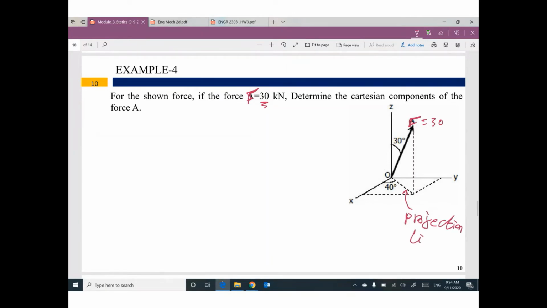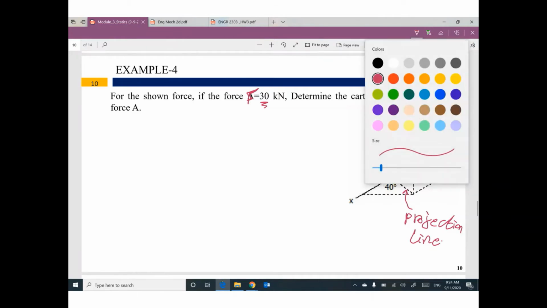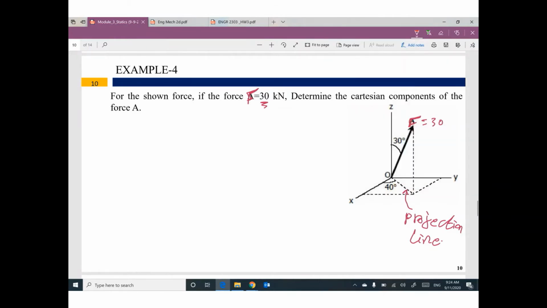And the x-axis, which is 40. We need to figure out the three components of this force in X and Y and Z. Do you remember the first step? Yes. We need to break this force between the projection line